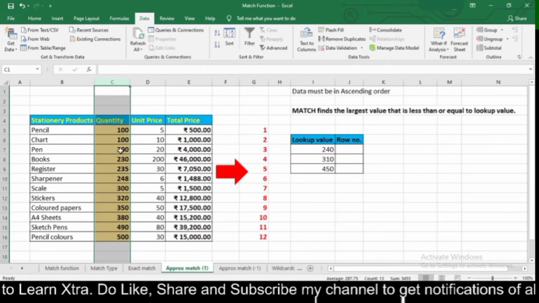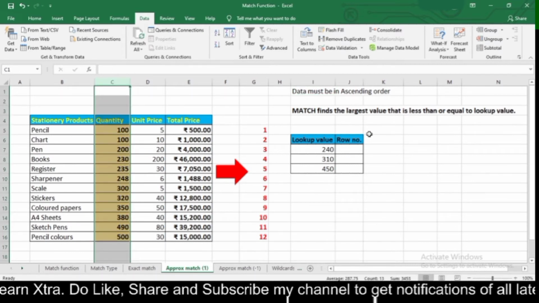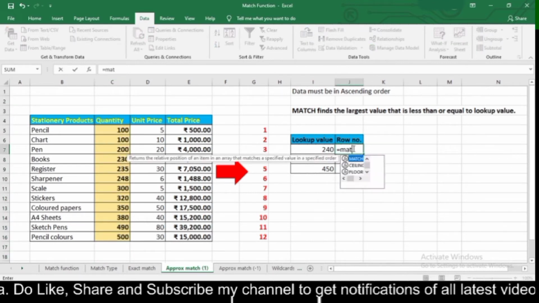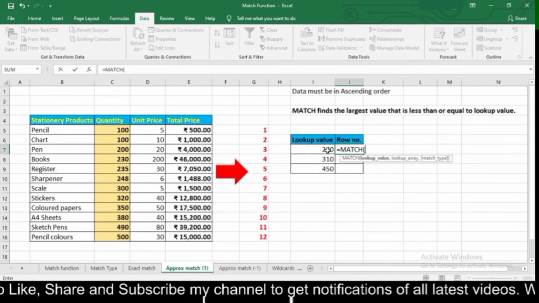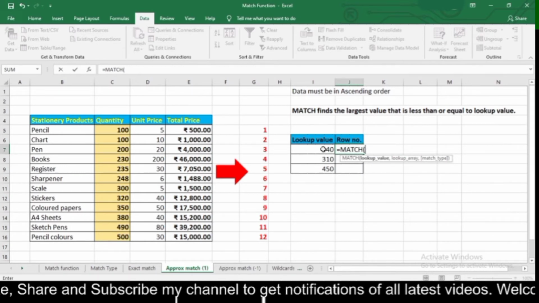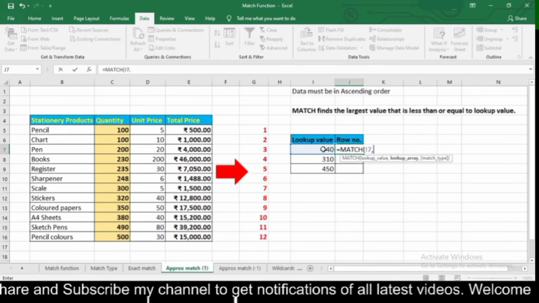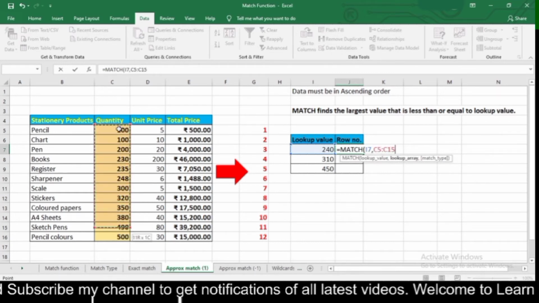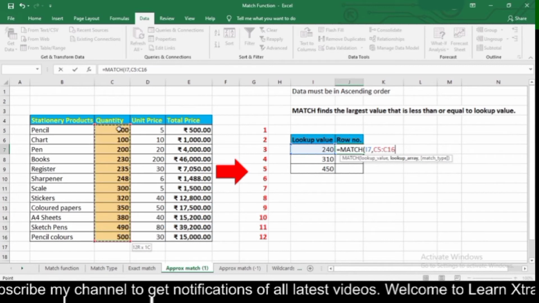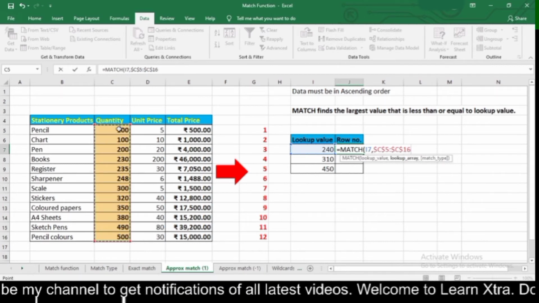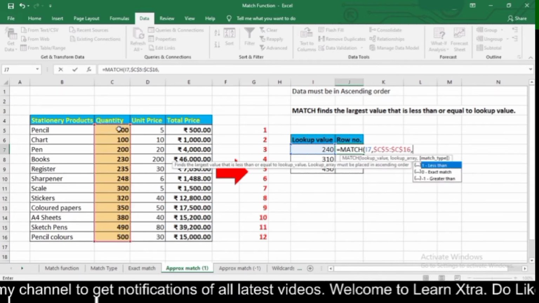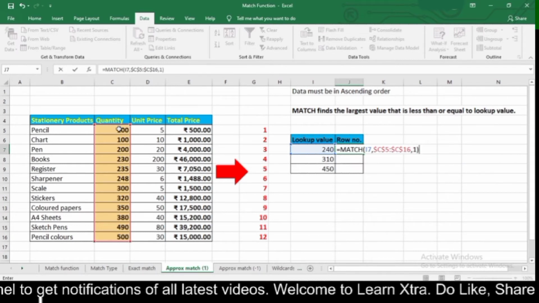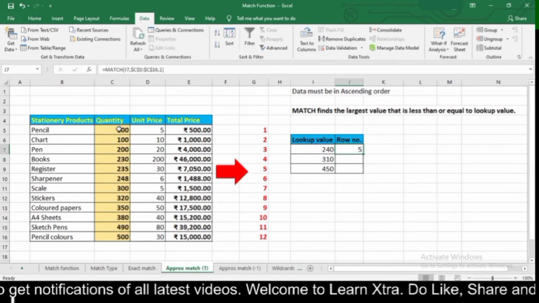I have sorted my quantity column in ascending order, and now I'm using my MATCH function, equal to MATCH, then my lookup value is 240, then comma, lookup array. My lookup array would be this column, that is C5 to C16, and then freeze it with the help of the F4 key, and then here I will use 1 as my approximate match, and then close the bracket.